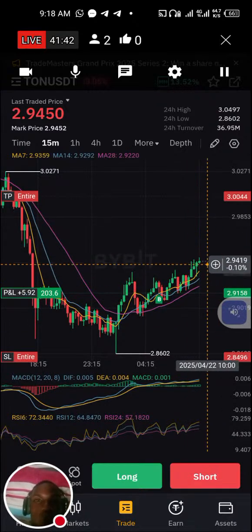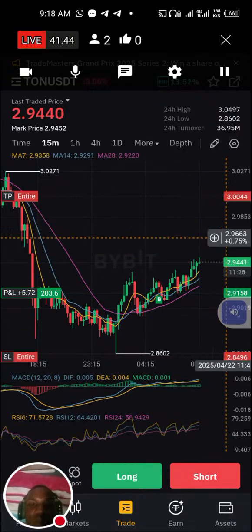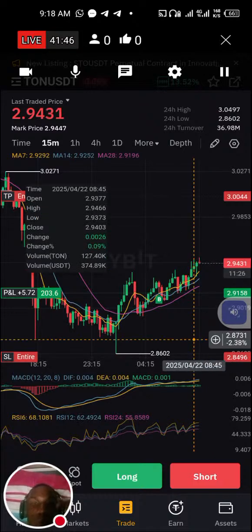So in this, we are expecting a retracement. After the retracement, the market will still go up. So in case you are seeing any red candlestick